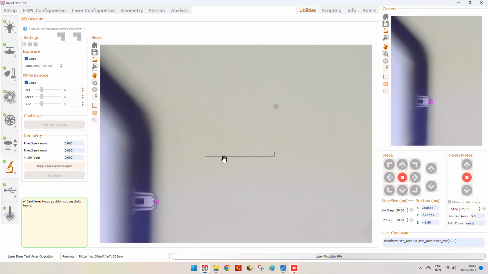We can already see that now we saw the laser spot, sorry, and with an increase in pixel size in Y, we were not able to write. So this is an indicator that tells us, okay, at 50 milliwatt with 300 nanometers pixel size in Y, we are not really able to write in our PPA.